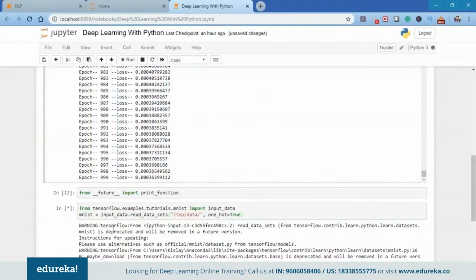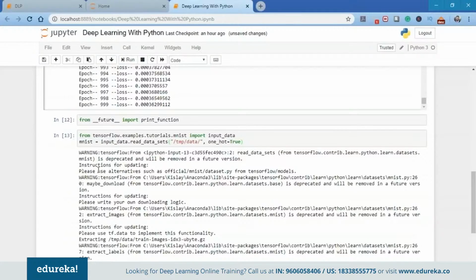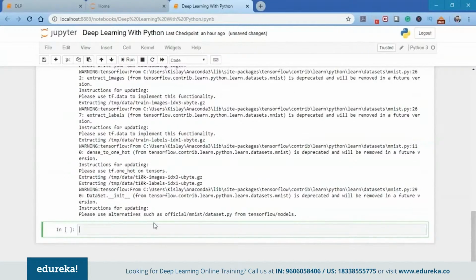So next what I'm going to do is import TensorFlow as tf and import matplotlib, which is the Python library for plotting the plots. We're going to use matplotlib.pyplot. As you can see here, we have a certain warning, but there's not an error just because we use the from __future__ import print_function.